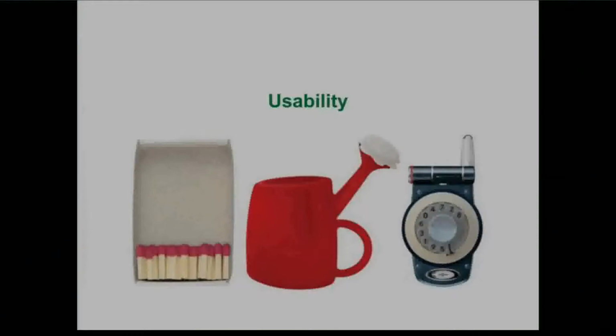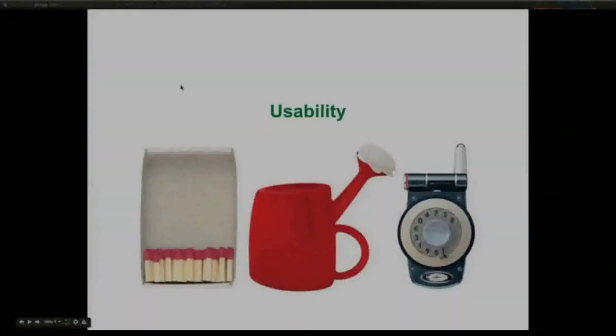This is the best way I can think of to explain it. So we have some matches that are a centimeter long. We have a flower pot with the handle under the spigot. And my personal favorite, actually, is this phone. When I first saw this phone, I was like, yeah, I would love to have a cell phone with a rotary dial on it. But then that's actually not all.